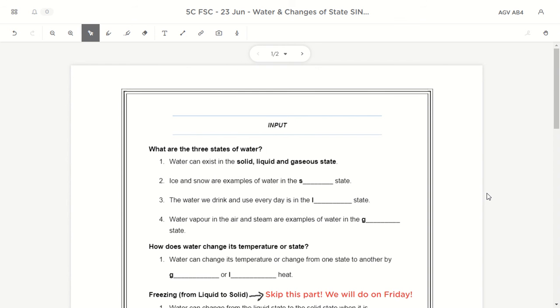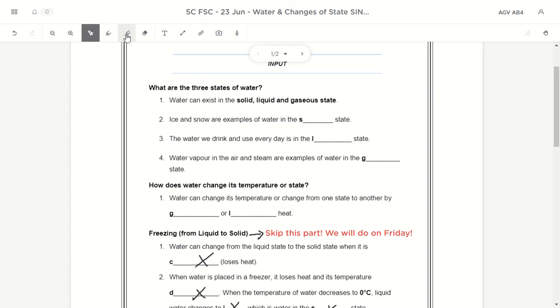So with that, let's go through your SIN yesterday. That was your homework after going through the lesson. You know that by now there are 3 states of water. Same thing in P4, we also have learned about this. We know that the 3 states of water, or basically 3 states of matter, are solid, liquid, and gaseous state. Try to use the word gaseous instead of gas. The EOUS must be there. Of course, for foundation, I don't think we will penalize you, but try to use the correct word. Gaseous state and gas state are the same, theoretically speaking, but the proper word to use is gaseous state.